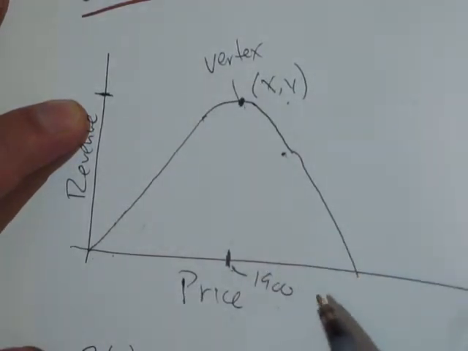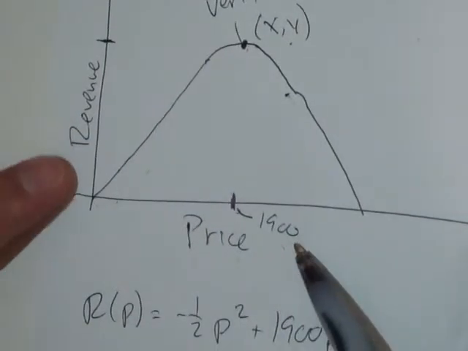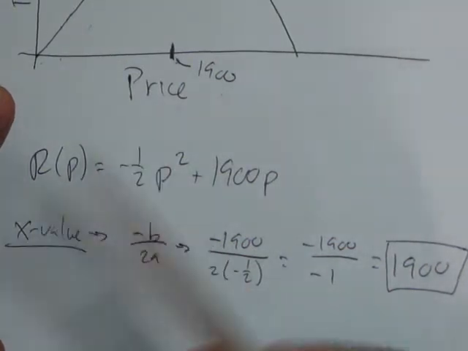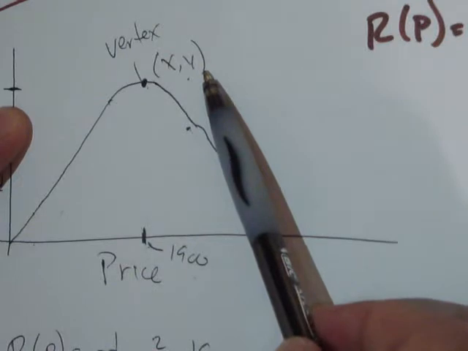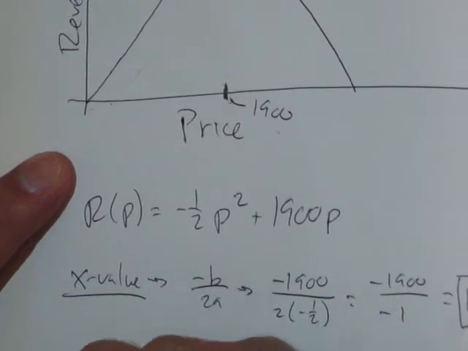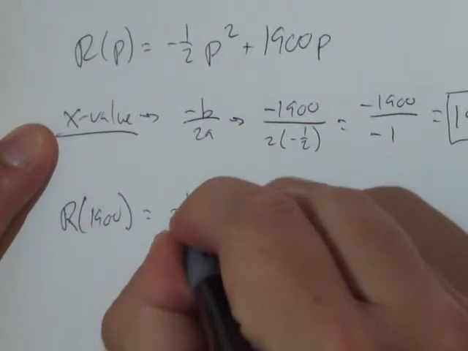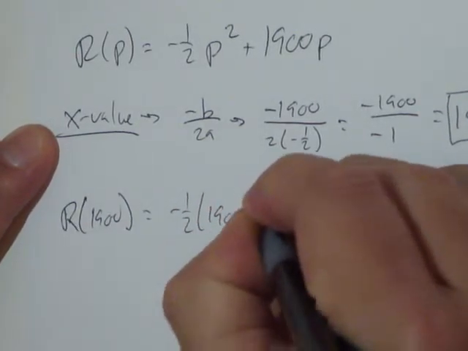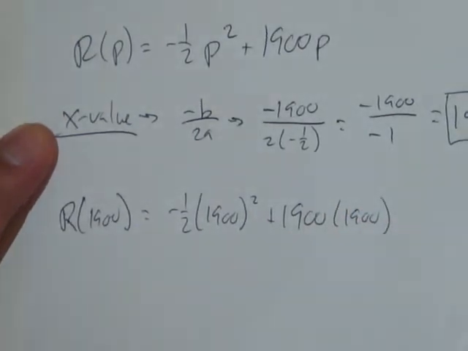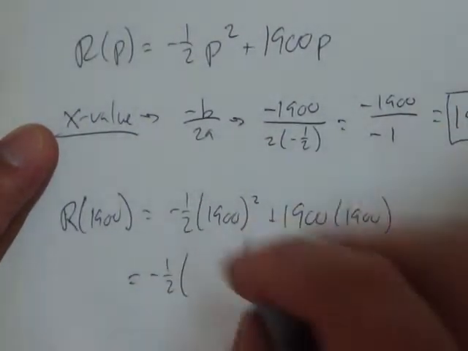But so that's good. But now what is that profit though? When they do that, what is the profit they're going to make? To figure that out, we can take this X value now and plug it back into the function. And the number that we get out will be the Y value of the vertex, which will be the amount of revenue we get. Okay? So we're going to do R of 1900, which is going to be negative 1/2 times 1900 squared plus 1900 times 1900. Lots of 1900s going on. So 1900 squared, I did the math already, and it's